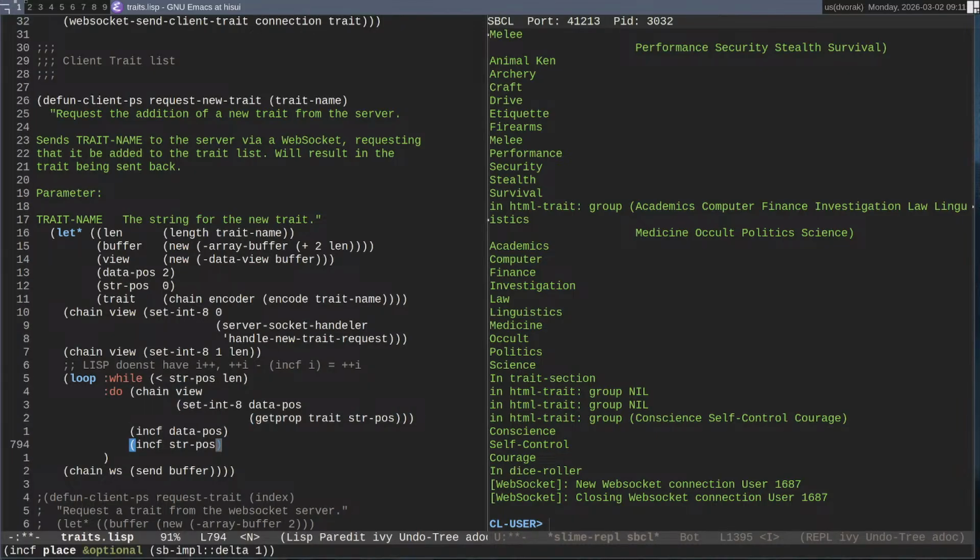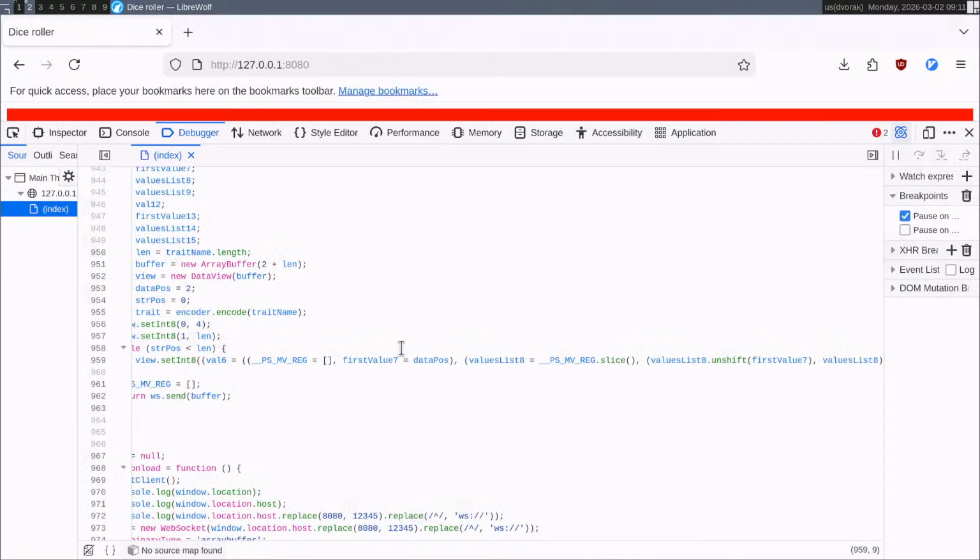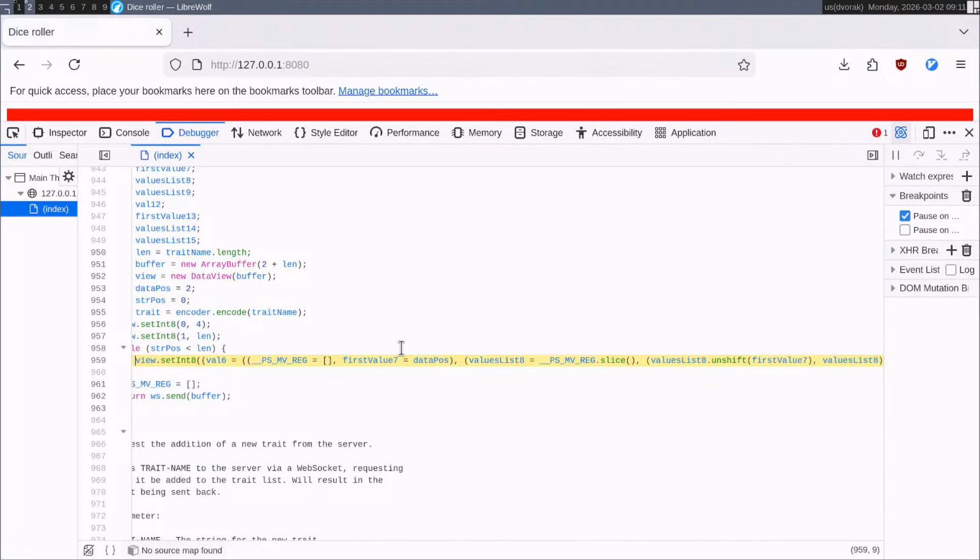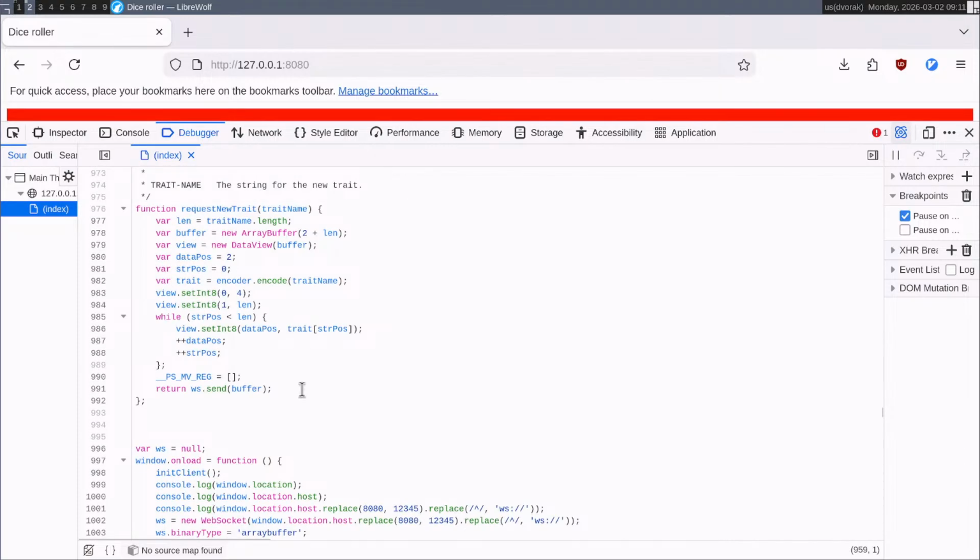Now, I might need... This might not work. Oh no, that compiled. I was thinking I might have to wrap those 3 forms inside a prog n form. But now if I run this, we're going to find a new version, which is a little bit more readable. It doesn't have any of the extra variables. It just sets each position to each character, one after the next, and then increments both positions.